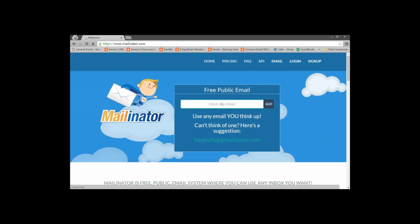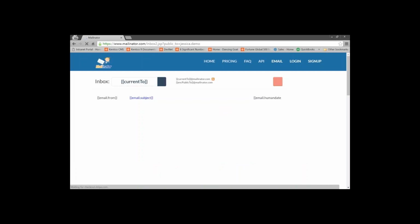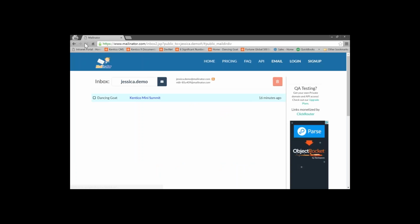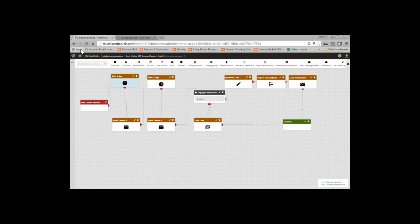So I'm going to go to Mailinator. And for those that don't have a computer, I can show you now too that sometimes Mailinator is just horrible with this stuff. But now I will get the lesson 1, coffee lesson 1, and coffee lesson 2, which Mailinator hates me all the time. But it will come in. But yeah, so if I actually go into